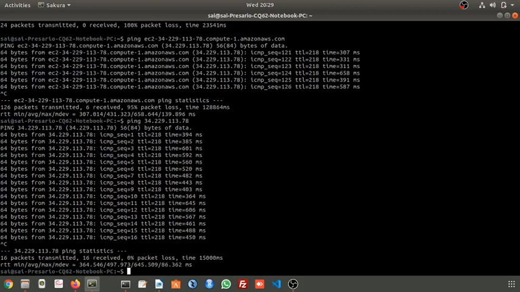So this is how to create an instance, a virtual machine, on Amazon Web Services. In the next session, we will see more details about EC2, such as virtual private cloud, how to assign an elastic IP, and how to set up Ubuntu in your virtual machine. We will see that in the coming session.